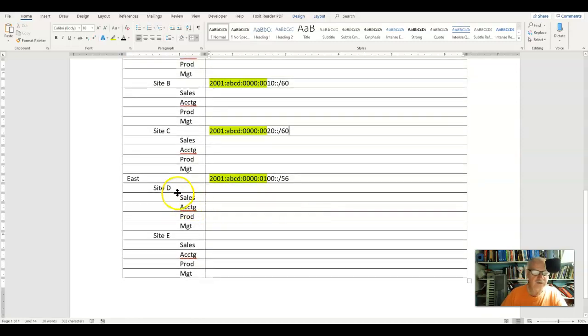All right, these sites down here are also going to be 60, but they'll be based on the east. So let me copy those to site D and site E. These are now 60. I'm subnetting them out another 4. I'm borrowing 4 bits. We always borrow in nibbles. And now, let me see. This is 52, 56. So yeah, we're good there. This one is the one we're going to be working in. So this will be the 0th network, and this will be the 1 network there. So now I've got all of my sites out here.